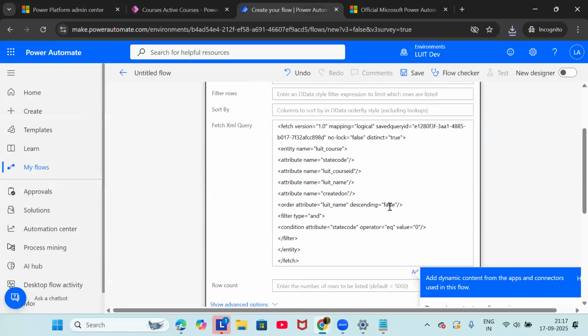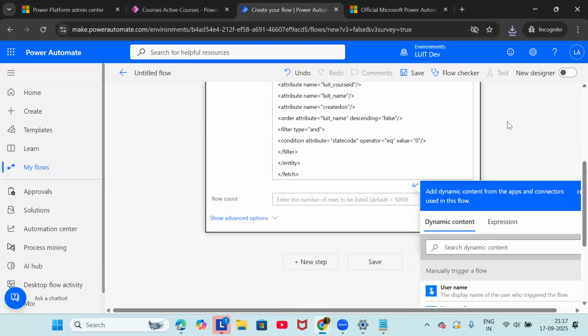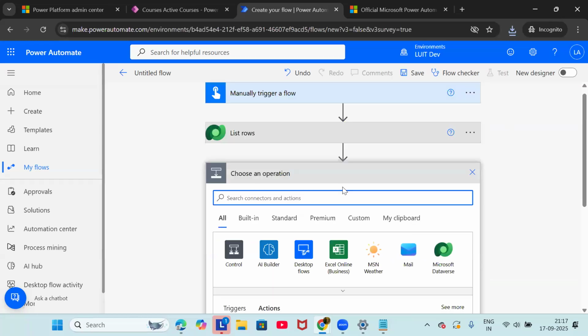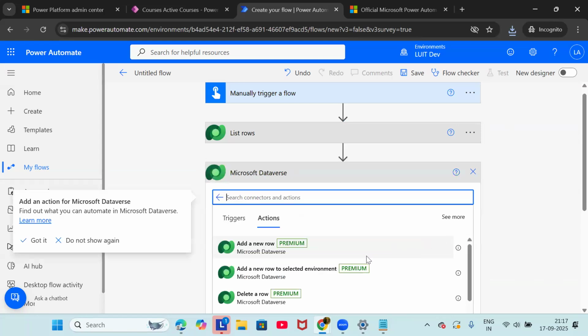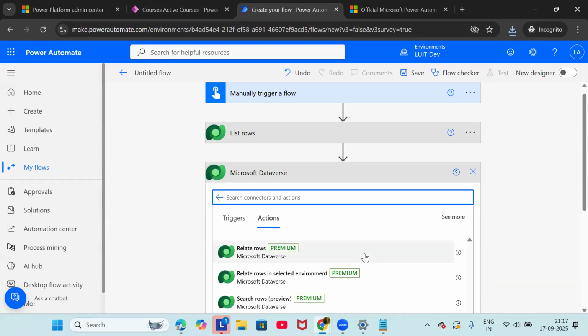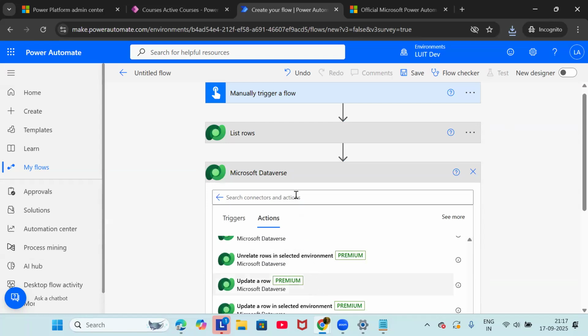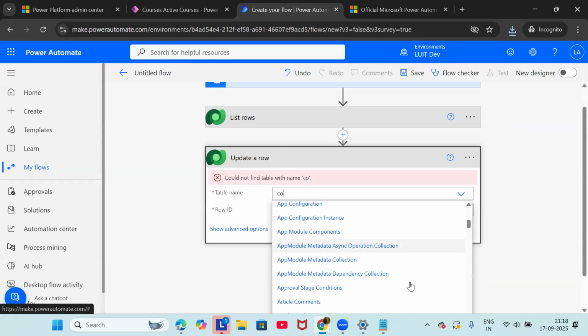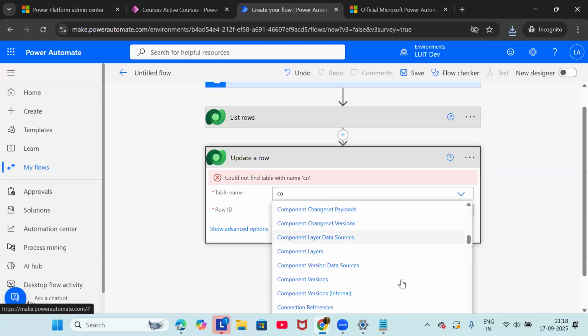All the active courses will be coming from this step. And then once all the rows are coming, what I'm going to do is maybe something like update a row. Update a row is nothing but I'm just trying to modify that particular record. So once I select the course,